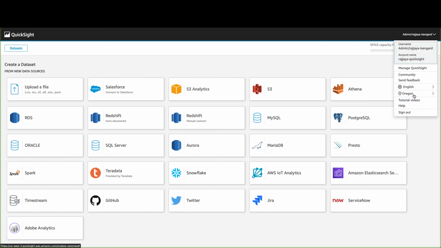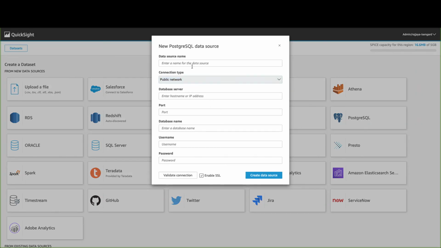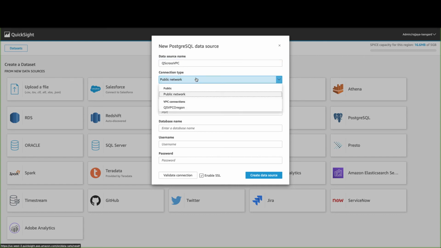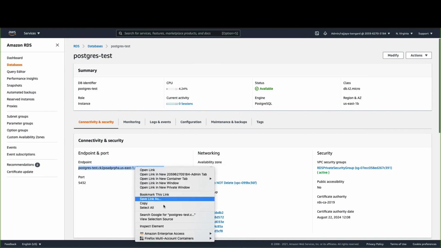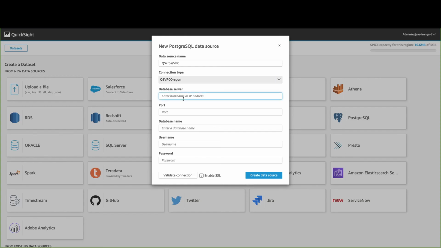Note that the region is right now Oregon. I will select PostgreSQL and provide it a name. As connection type, I will choose the VPC connection that we just created, and I will provide the RDS instance's endpoint. I'll provide the port, and I will click on validate connection.